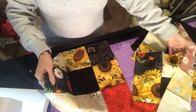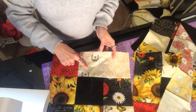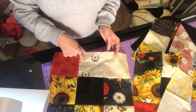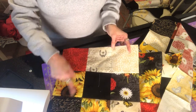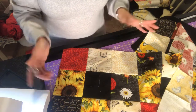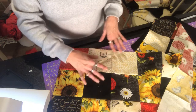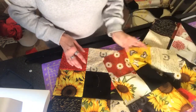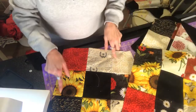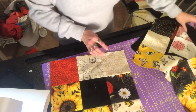Now, one thing you do want to be aware of is I do have a couple of pieces that are directional because there is text on this. So I did have to be a little more particular about how the squares were in here, because I want to make sure that the text wasn't upside down. Most of the time it's probably not going to really matter, but if you've got designs in your materials, you want to be kind of conscious of that. That was the only thing that I did kind of have to pay attention to, is I didn't want to have the text reading upside down. So I'll go ahead and take